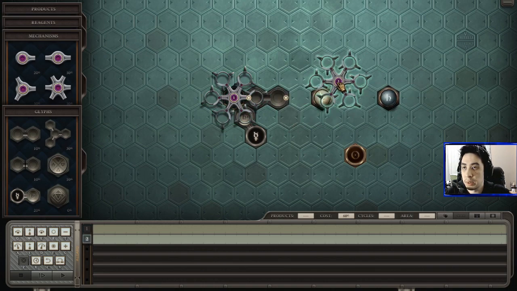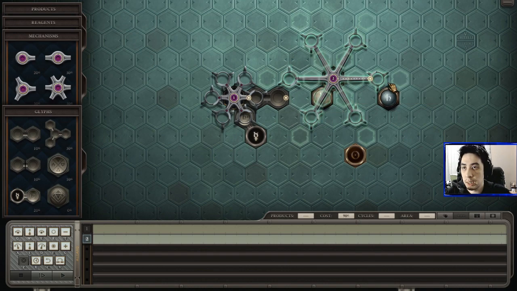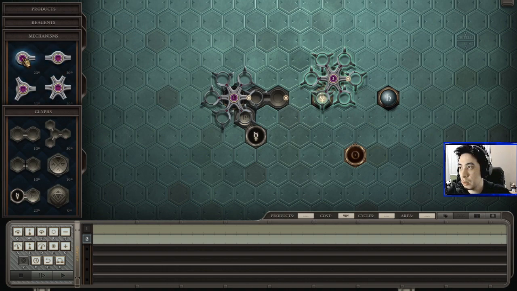At the very least, what I'd like to do is have this go through and then just drop them off. Can I extend these? Are these pivot arms? Or... yeah, this is fixed length. So...